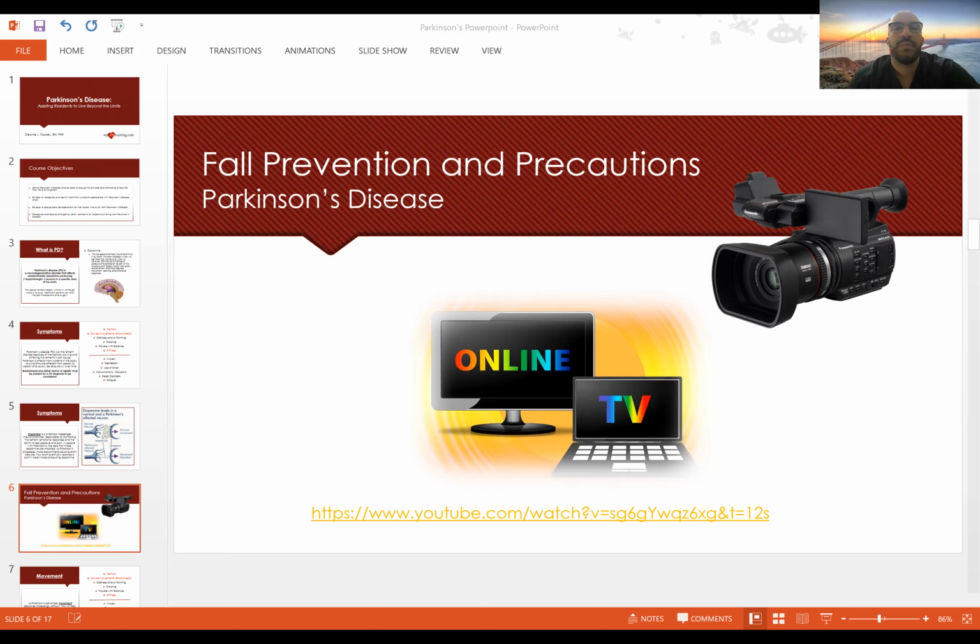Use of a transfer belt often makes providing assistance safer and easier to perform. These belts can be purchased at a medical equipment store and are placed snugly around the person's waist to provide the caregiver a better, more effective grip. If your loved one is no longer able to provide assistance getting up and down with hands on armrests, it may be best to stand directly in front of her, grasping the transfer belt with both hands.